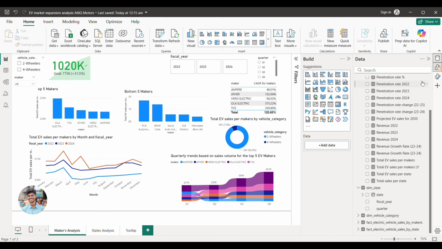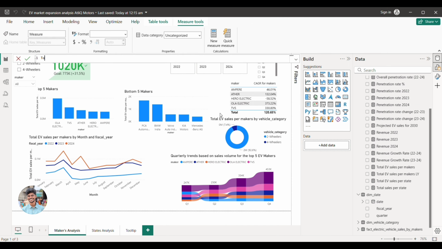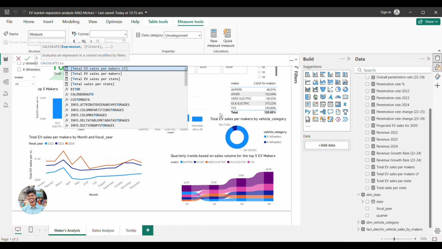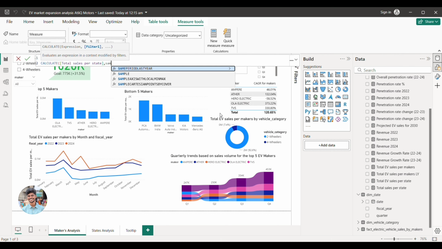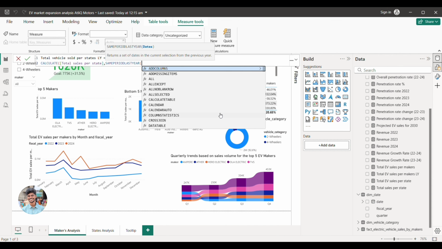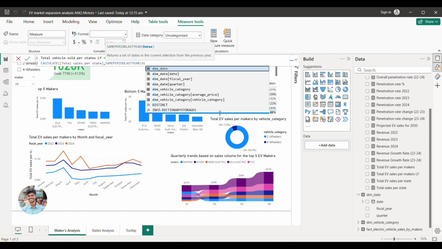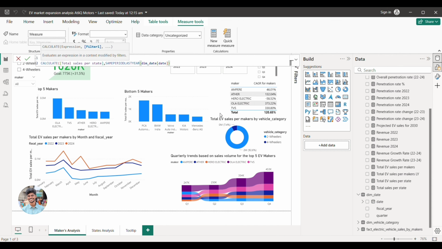So I am going to create a new measure that gives us the previous year value, that is total vehicle sold per states LY, and again use the CALCULATE formula, and the expression is the total EV total sales per state measure, and we need the previous year value. I'm going to use the formula SAMEPERIODLASTYEAR, and for the date mention the dim date column, and close the bracket and click enter,